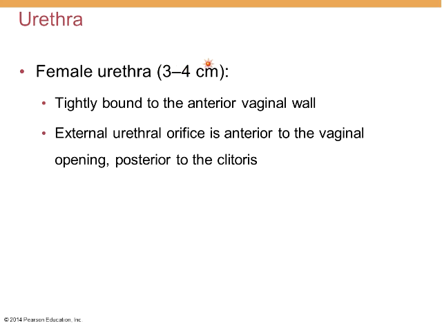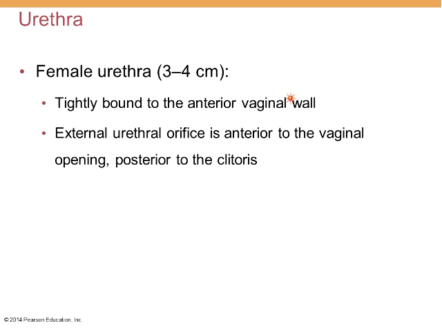Now the female urethra is about 3 to 4 centimeters in length, and if you remember that an inch is 2.54 centimeters, it's about an inch and a quarter, if you will. It's tightly bound to the anterior vaginal wall, and that's important also because the female urethra actually runs along the anterior vaginal wall. So when you're trying to do a catheterization of the urethra, urinary catheterization, you have to be